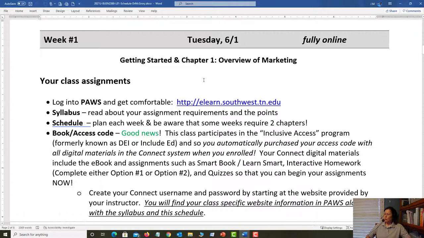But also, whenever you're starting a new class, you need to take some time to understand what's going on. And that's part of the purpose of this video. So you're going to log into PAWS and just do a little exploration. What's under content? What's under all those different links across the top? It's good to help just feel comfortable in the environment. It's like walking into a classroom and trying to understand how the seats are arranged and where you're going to sit. Well, in our online class, you want to get comfortable by exploring some of the links.